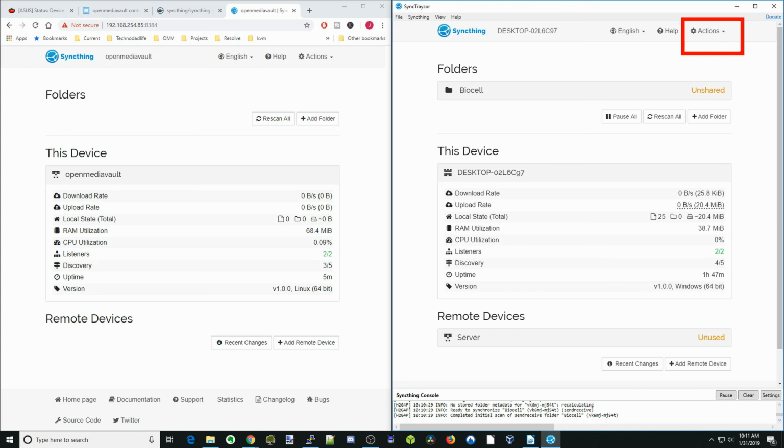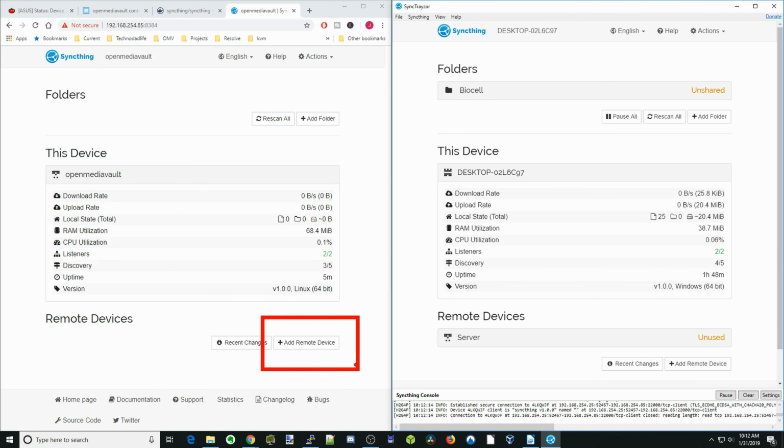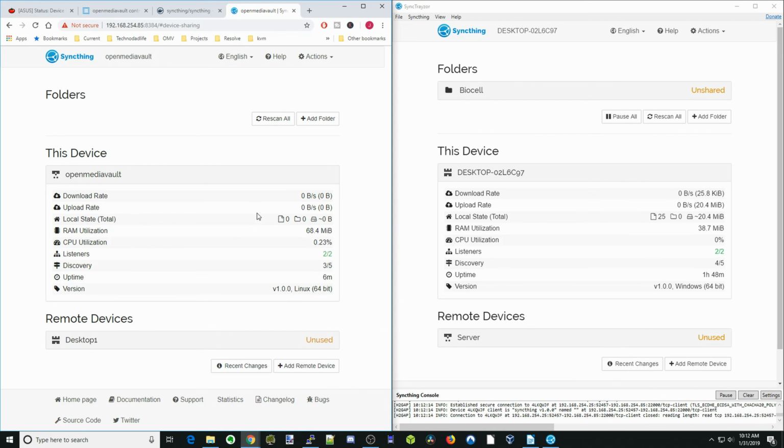Now we're going to do the same thing on our desktop, so we're going to go up to Actions, Show ID, copy the ID, close that, go over to our server, click Add Remote Device, paste in the ID, call this desktop 1, and then save that. And so now basically the two desktops can communicate to each other,